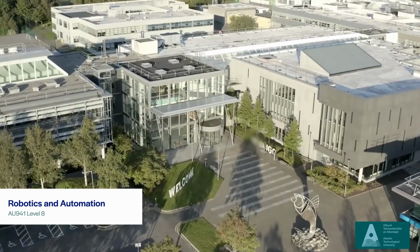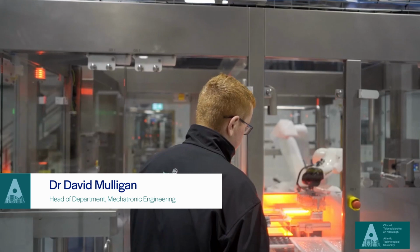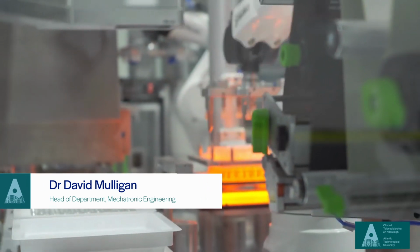So robotics and automation is really what it says. It's about the designing, the building, the programming and configuring of robots and automating different processes. So often when you go into a manufacturing plant, you see a lot of these machines where traditionally manual labor used to be involved in assembling a product or getting it to work. Now it's a machine that's doing that a lot more effectively, a lot quicker, and at a lot cheaper cost